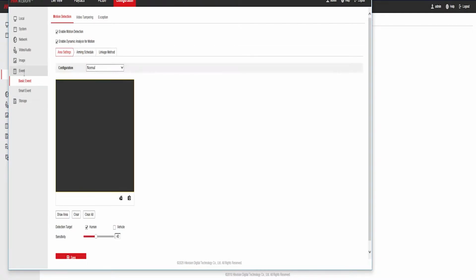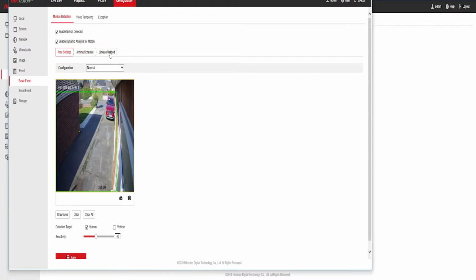So if we click there on event and just leave it on basic event, and we click, sorry about that noise, it was the air freshener going off. If we click linkage method here,